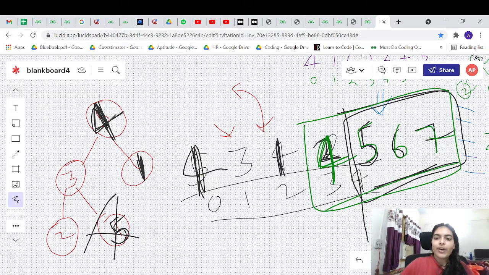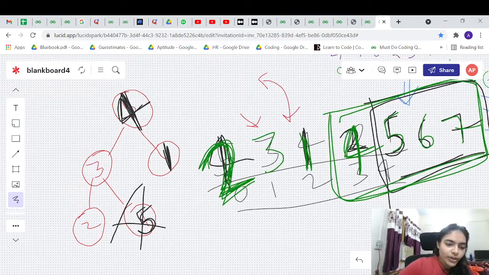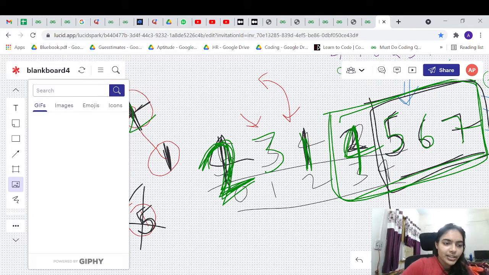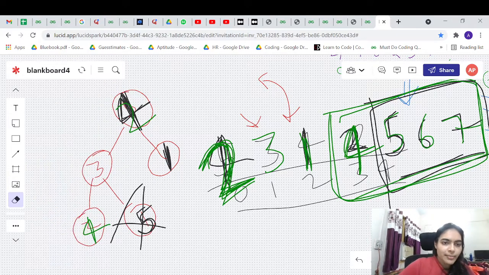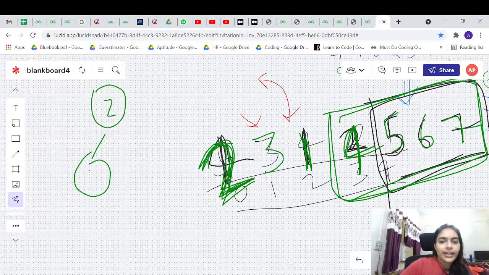We build this one by one. And what will come here? 2 will come here. Okay. So 2, 3, 1, 4. 4, 5, 6, 7 is already sorted. Okay. So you will send 4 here and you will send 2 here. Okay. Let me draw it again. What is the remaining value that we have? We just have 2, 3, 1 remaining.